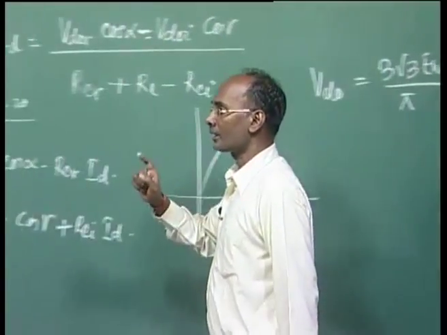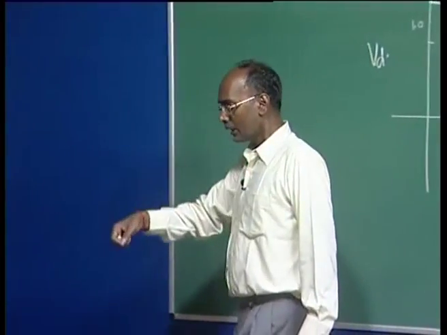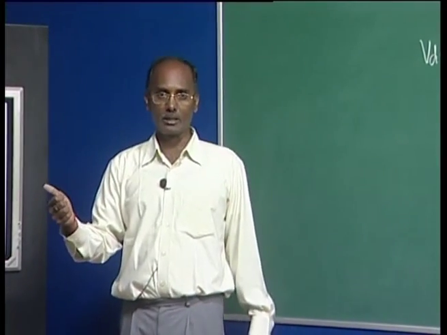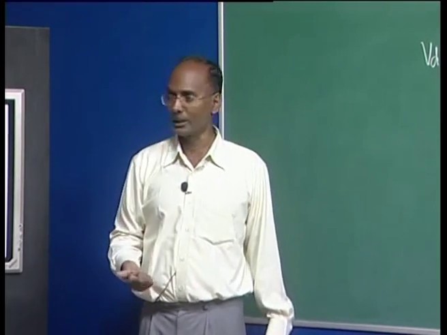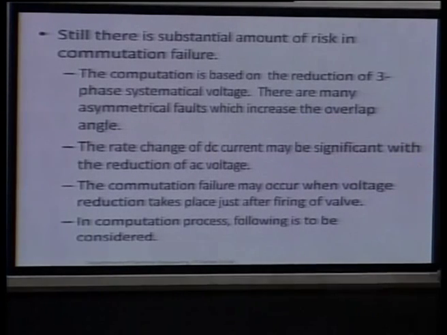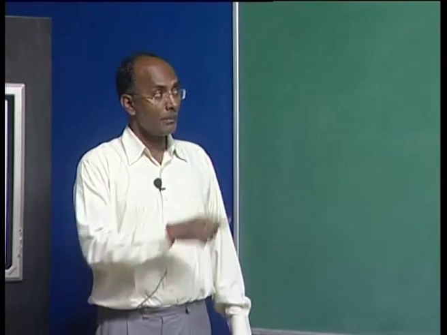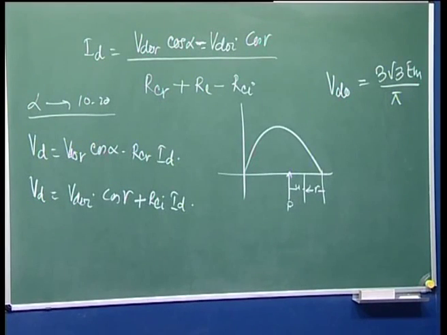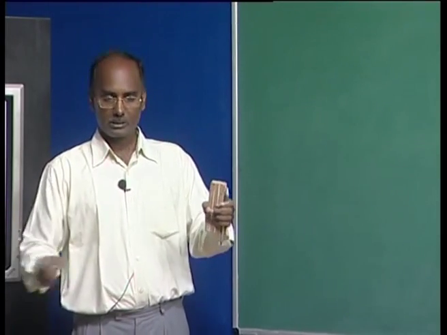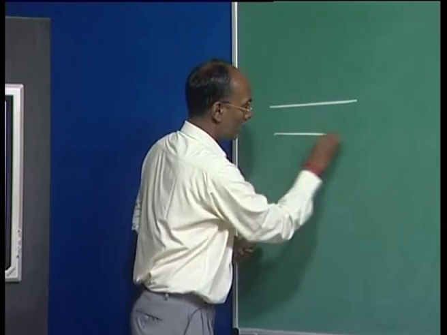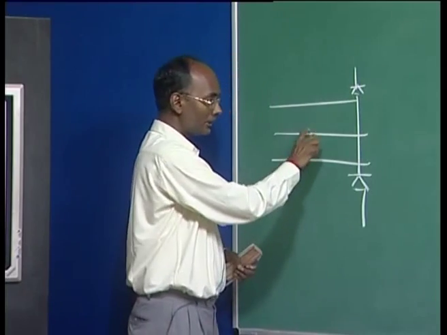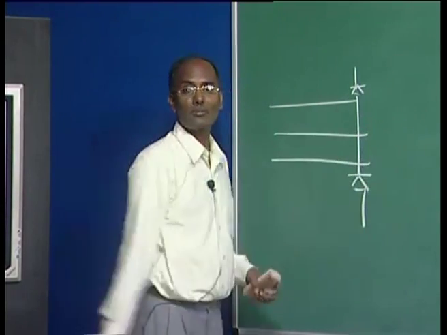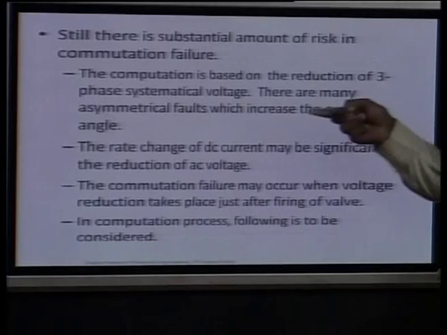So it shows that there are so many faults, like L to G fault and L to L fault, so asymmetrical faults are there. If there is a symmetrical fault, meaning a three-phase fault, this EM will be reduced and then you can calculate accordingly. But for the asymmetrical faults, the overlap will increase for that phase and then it may create problems for other valves. Because whatever you are calculating here is calculated at the instant for all the valves. But you know, we had three phases here, and from one phase only two valves are connected. If there is some problem here, that may cause problems to other valves. So there is one risk here.